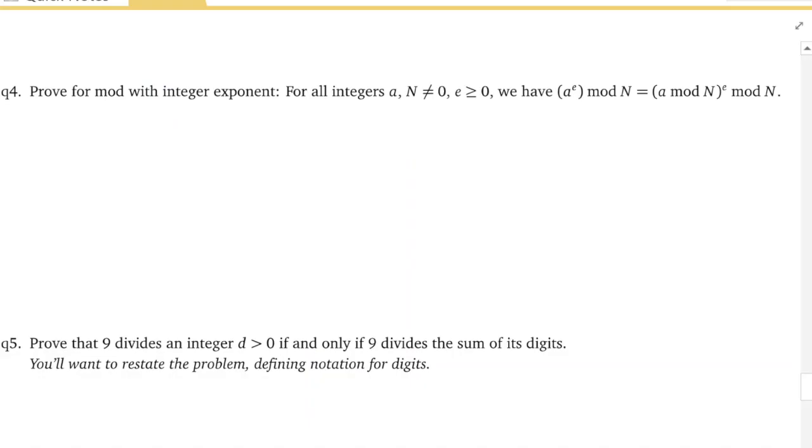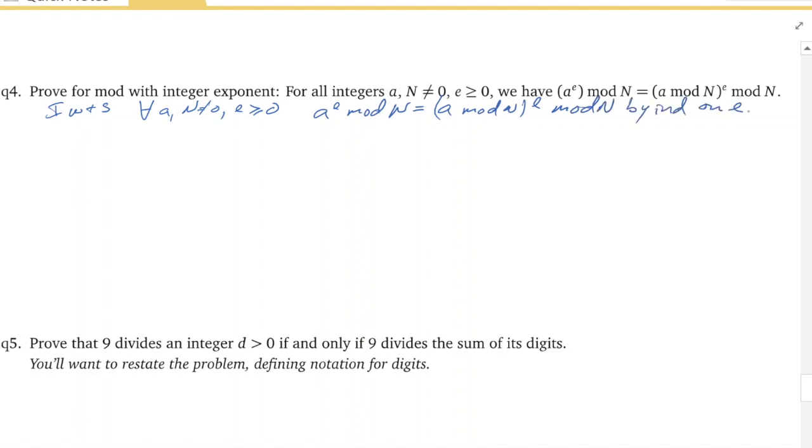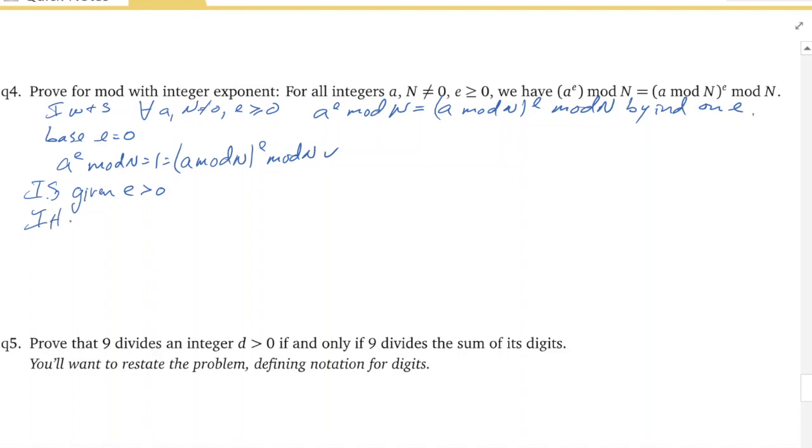So our final answer is mostly a matter of copying to show that for all a, n not equal to 0, e greater than or equal to 0, that a to the e mod n is equal to a mod n to the e mod n by induction on e. Base case, e equals 0. I can simply say a to the e mod n equals 1 equals a mod n to the e mod n. The induction step, so given some e greater than 0, I get to assume on the induction hypothesis